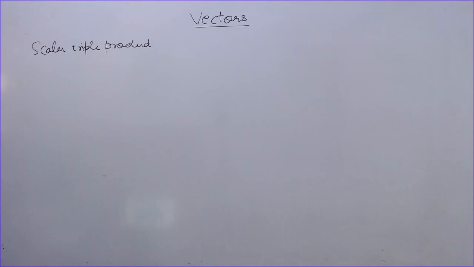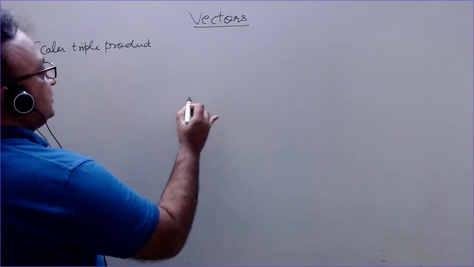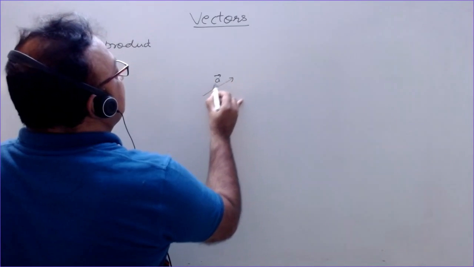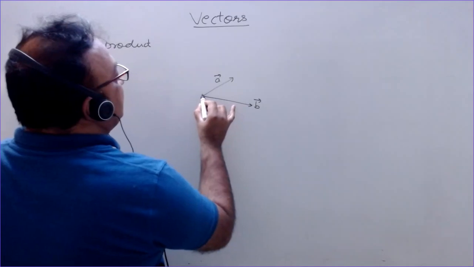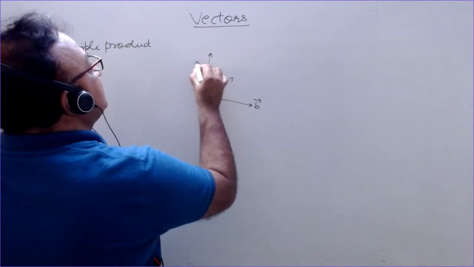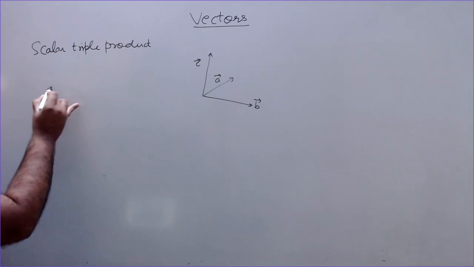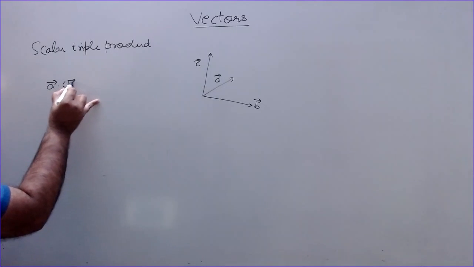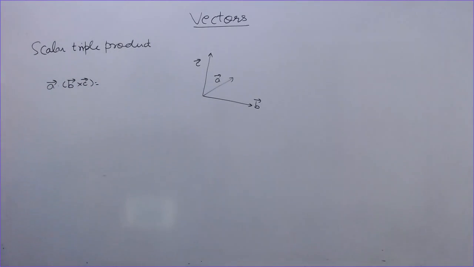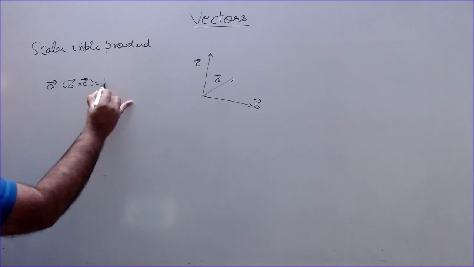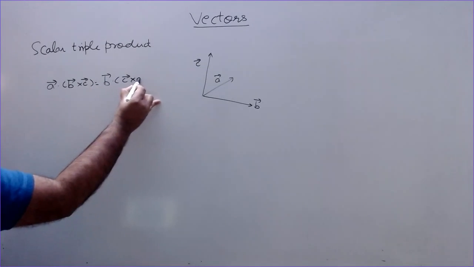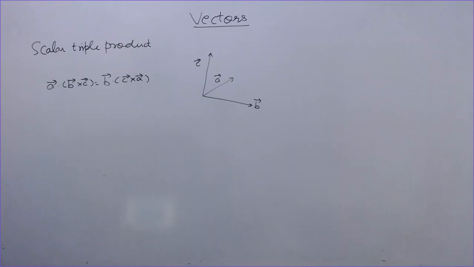What is the scalar triple product? What does it mean? So if we have three vectors A, B, and the third one is C, inclined at certain angles with respect to each other, then A dot B cross C is called the scalar triple product of these vectors, that is equal to B dot C cross A. Here B cross C means a vector perpendicular to both B and C, and A dot